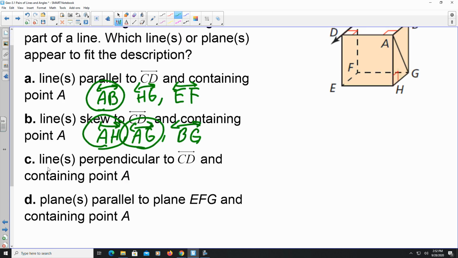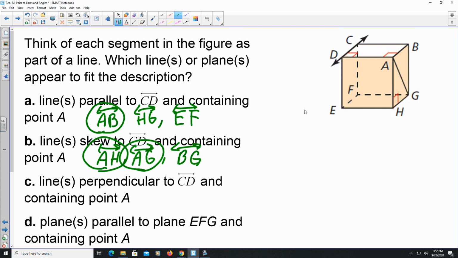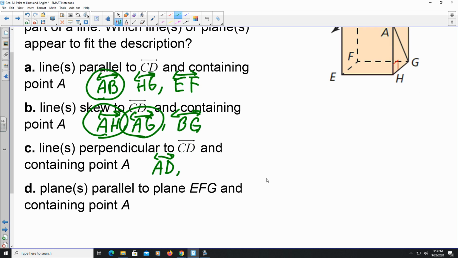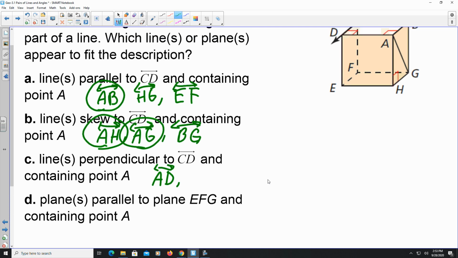Here, lines that are perpendicular to CD but contain point A, I would say it looks like AD. I'll just give the ones that contain point A, and I think that's it. And then D would be planes parallel to